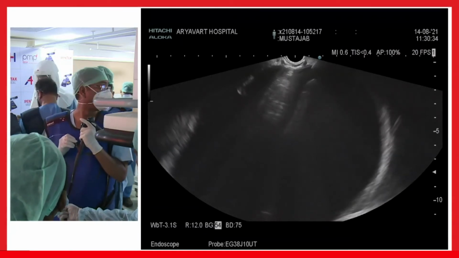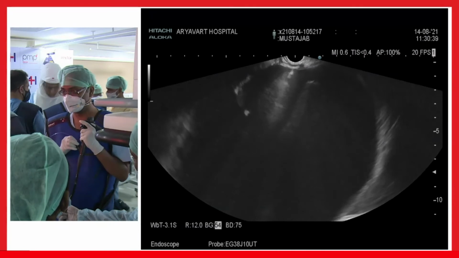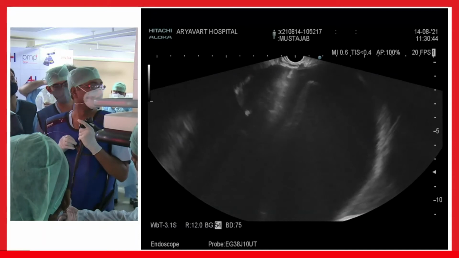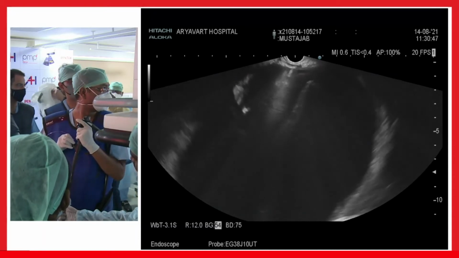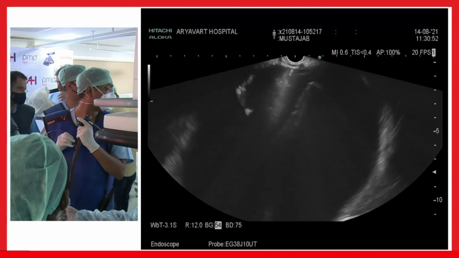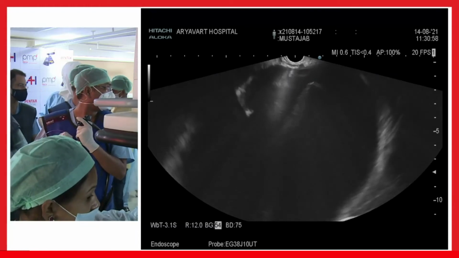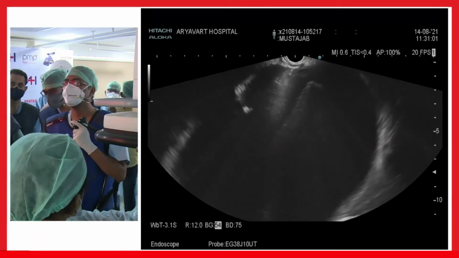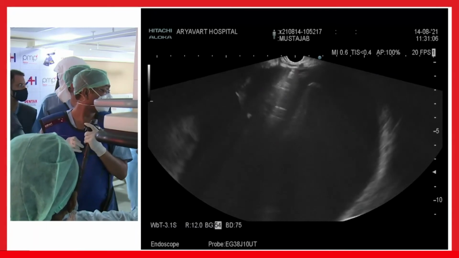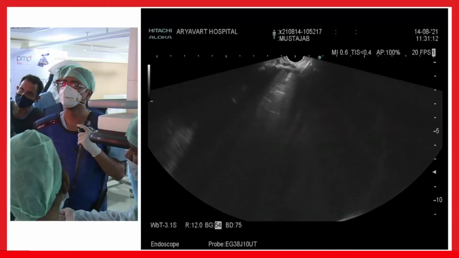Show me the fluoro. Now I am in, I think. You would put the second marker of the balloon just at the tip of the scope, not inside. Now we can see that it is just at the tip of the scope. In the US image also you can see the balloon is inflated.